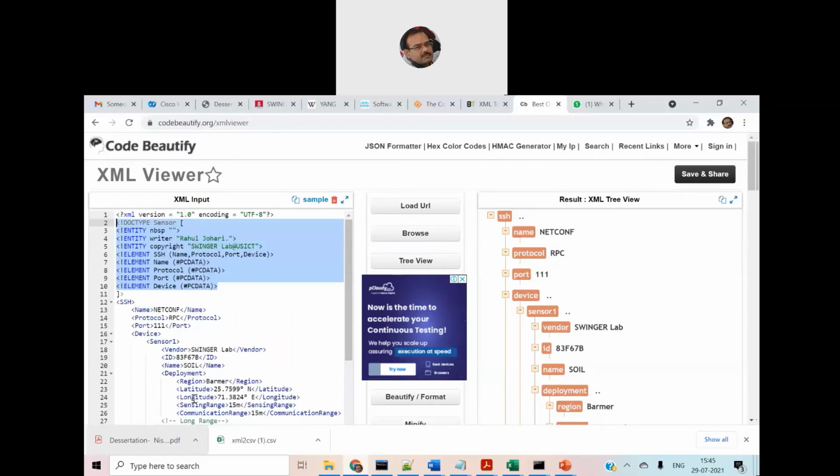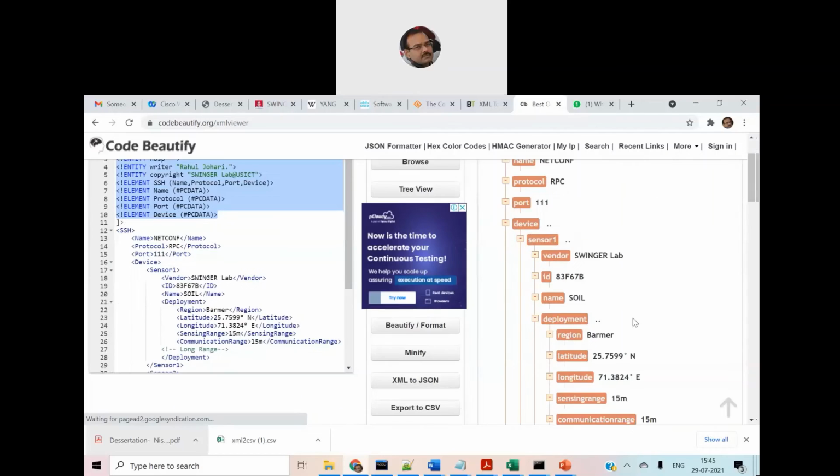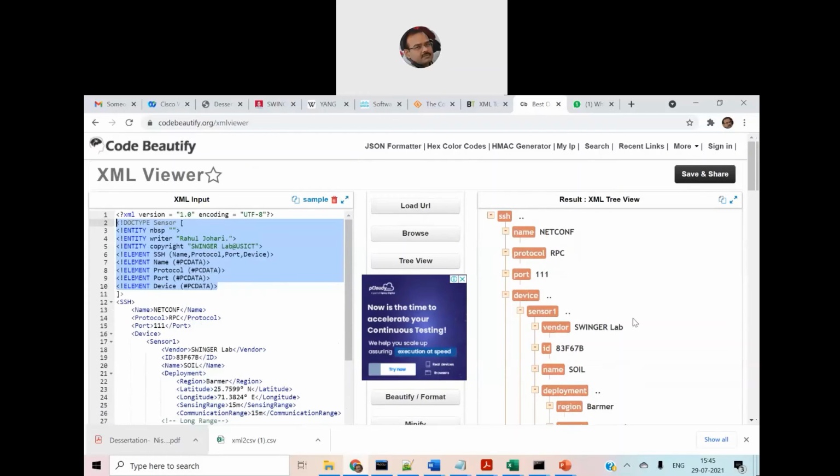So your data here, whatever data you write, should follow the rules and regulations which you have specified within your DTD. So DTD will make sure that you follow it. Otherwise, the document will become an invalid XML document and you won't be able to see this kind of tree on your XML viewer. So you can see here secure socket shell, net configuration, protocol is RFC, port number is